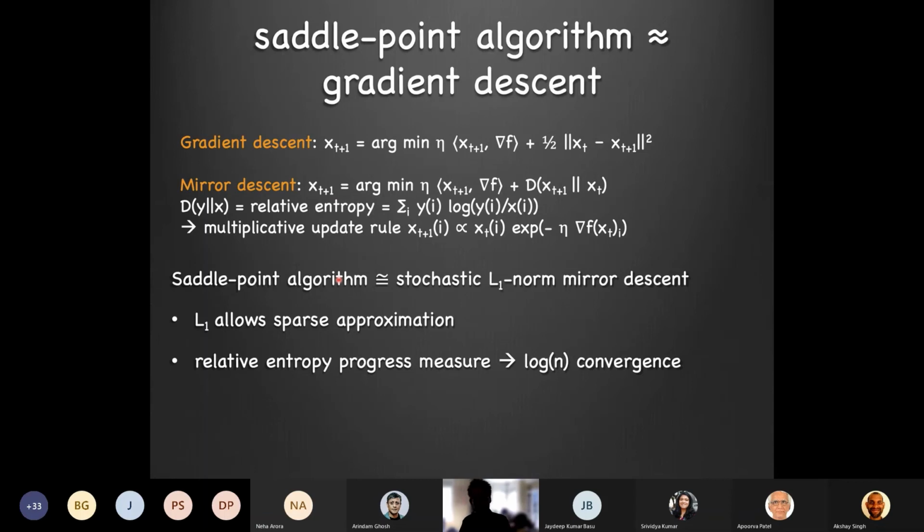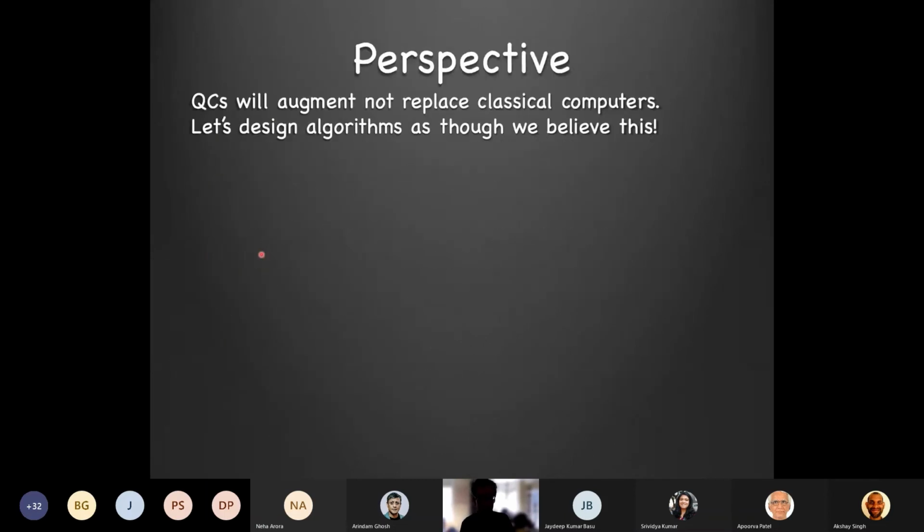And so you could say that what I've done with the saddle point algorithm is a special case of more general hybrid gradient descent algorithms, but it's done in a very special way that basically lets you not look at most of the data set. If you generically do gradient descent, you'll find yourself having to look at all of the data set. The reason for this sort of mirror descent is it lets you avoid looking at most of the data set. So let me wrap up and just say that